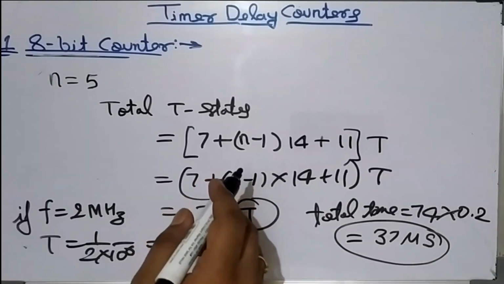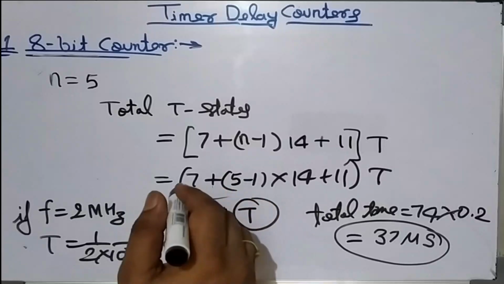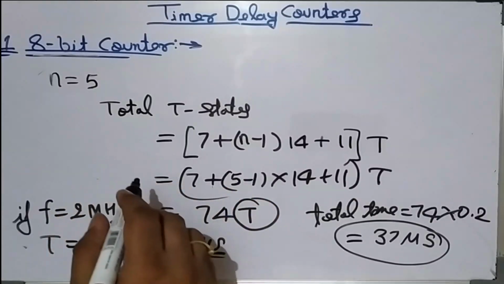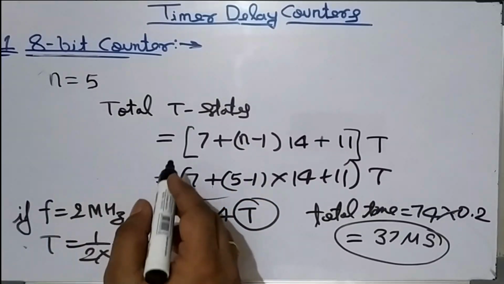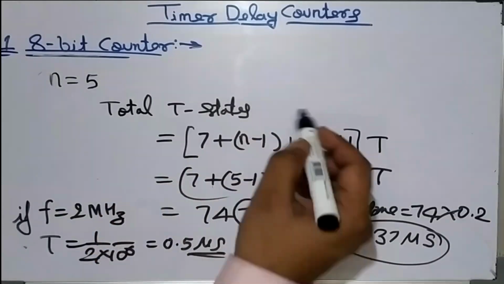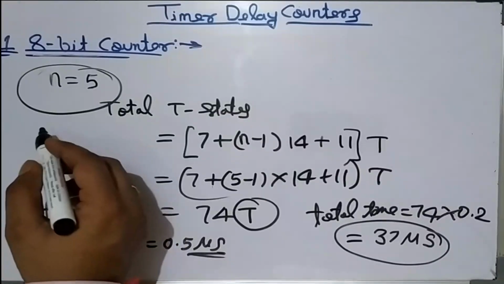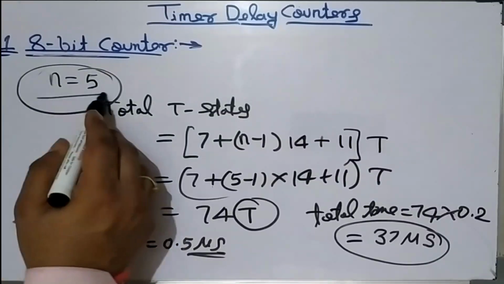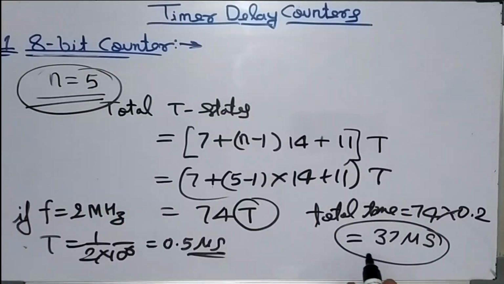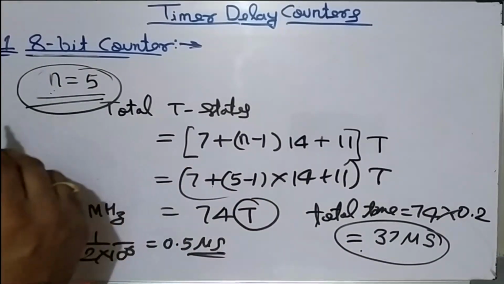Okay, and what about the maximum delay possible from this small program? What will be the maximum delay possible? This can be calculated if we increase the value of n. If we increase this value n, then certainly the time delay will be greater. But what is the maximum limit of n for